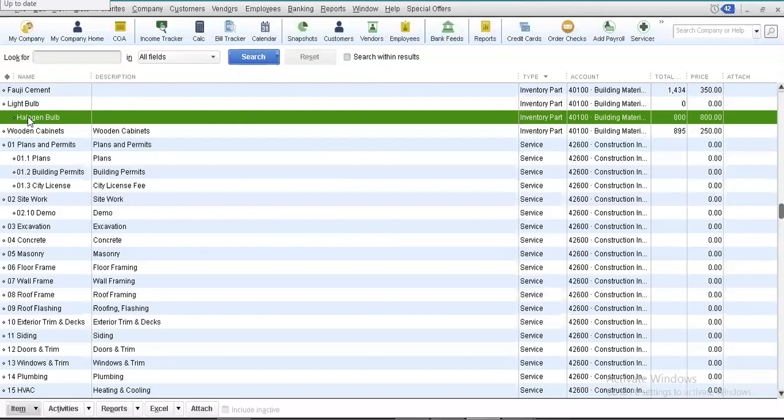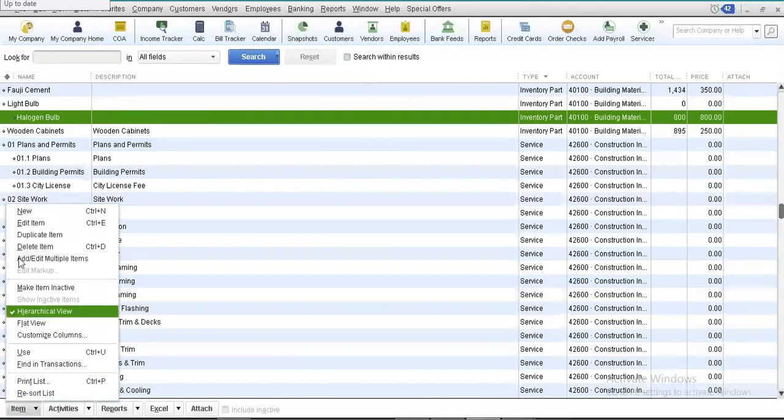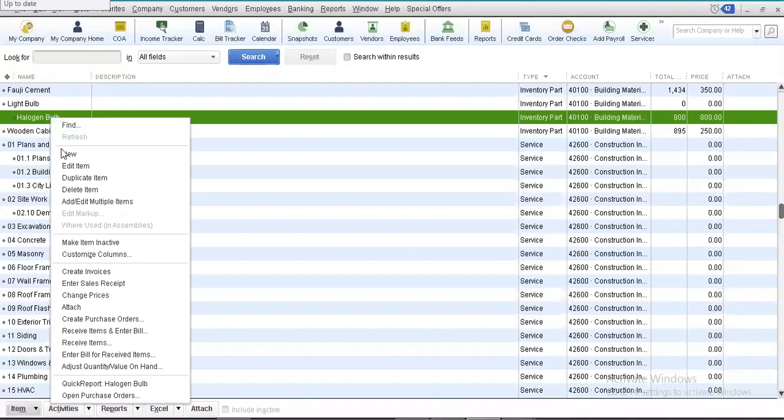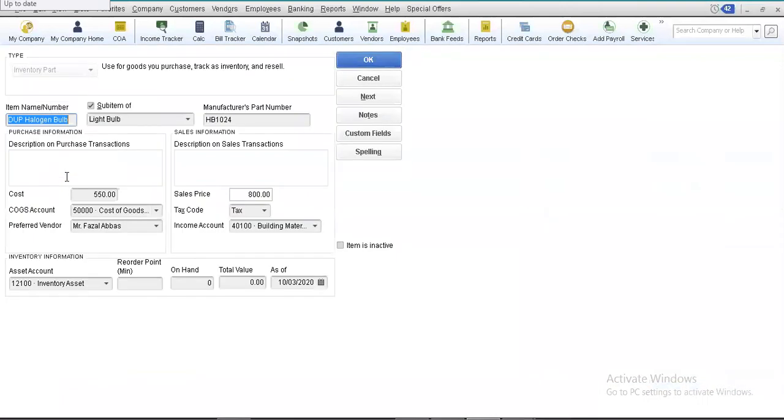Now my dear friends, let me introduce another sub item of this particular inventory type. So what I simply have to do is repeat these steps by selecting item, new item, etc. But there is another shortcut for this. Let me just select halogen bulb, right click over it and select duplicate item. When I select duplicate item, this particular name would appear under the item name or number box. Now, since it is not actually a duplicate, rather I just wanted to save my time, so what I do is, I just change the name to